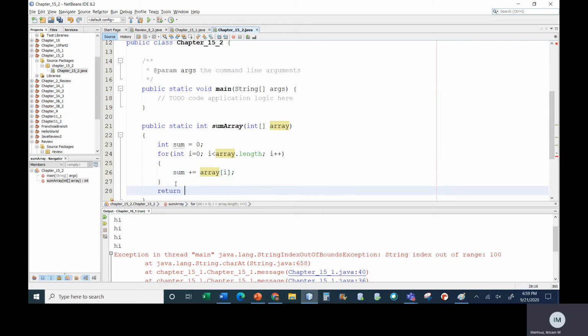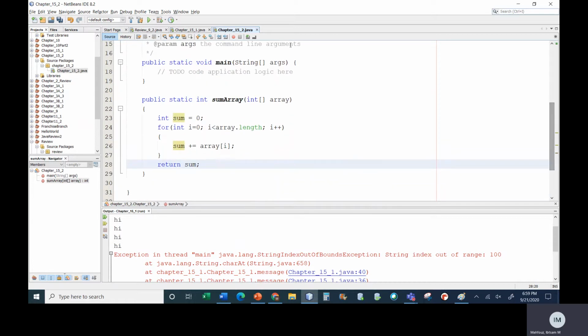So here I would return sum. Okay, this is how to do it without recursion. So I'm just going to call this sumArrayFor, because this is using a for loop. Now, what if I wanted to do it using